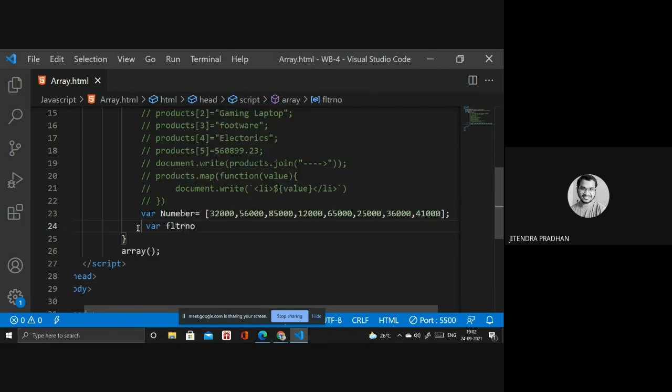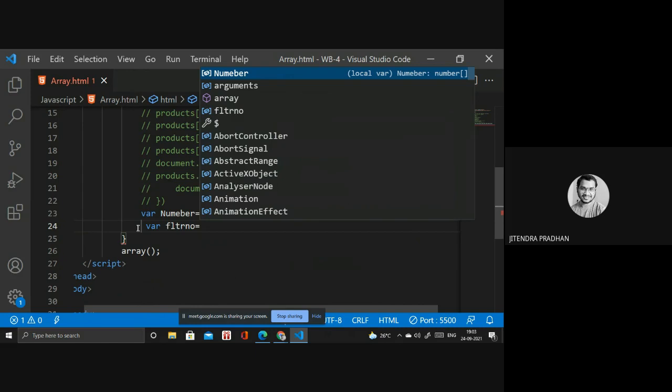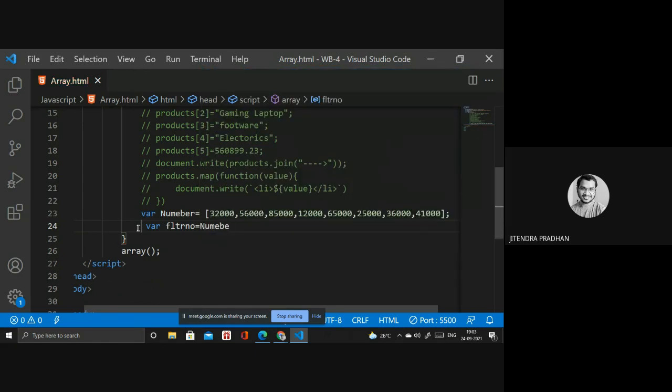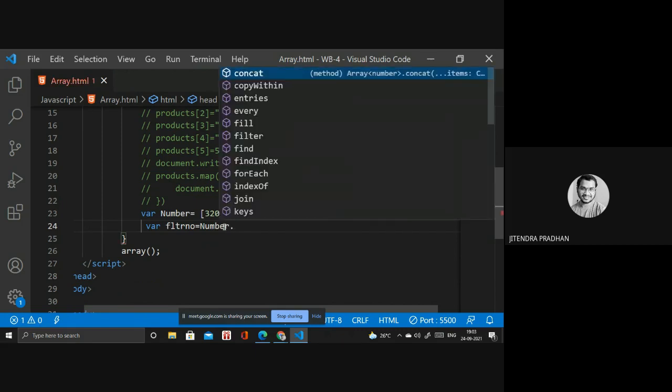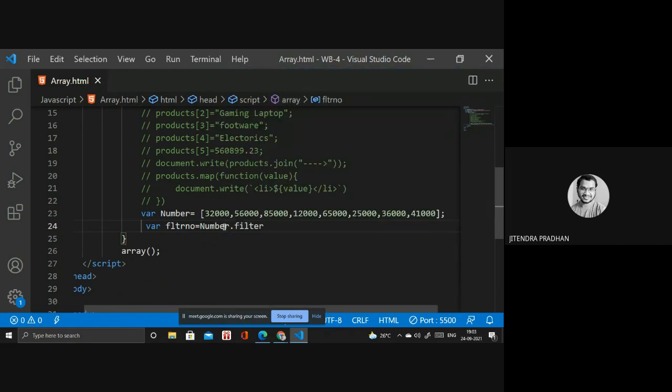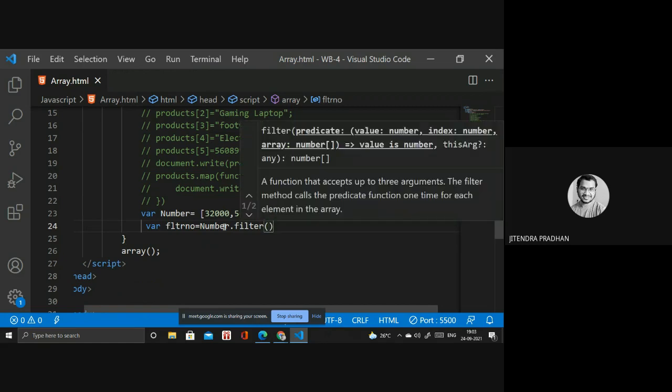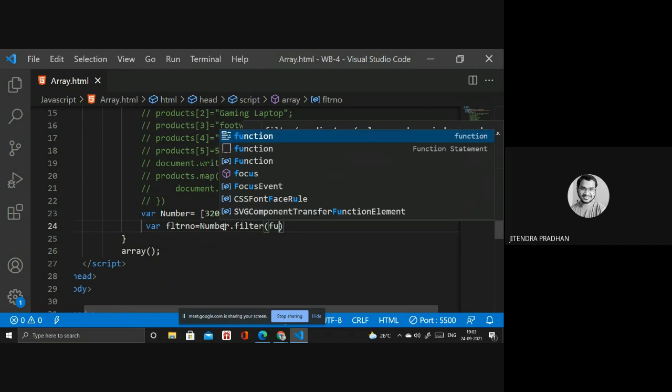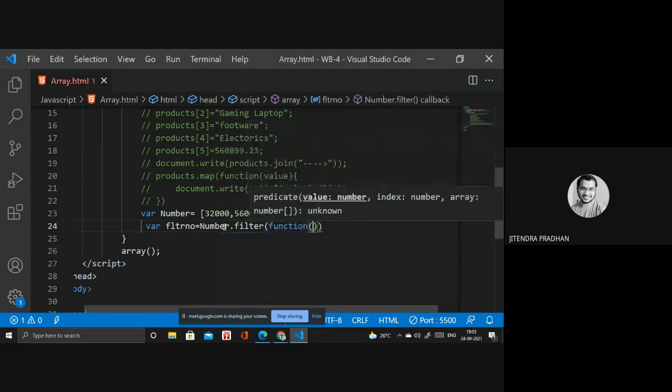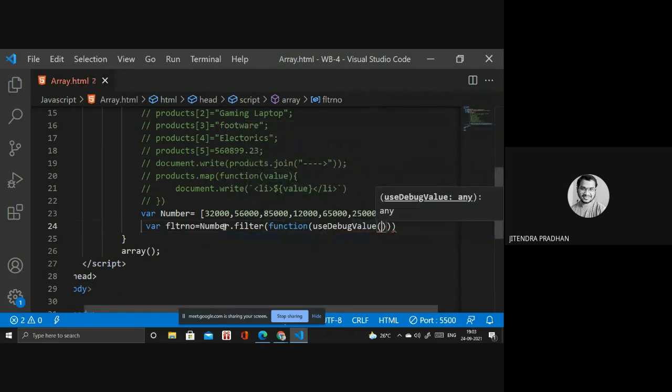Inside I need to write number.filter, the filter option. In the filter option I need a function. In the function I will write the value, because I want to access the particular value.